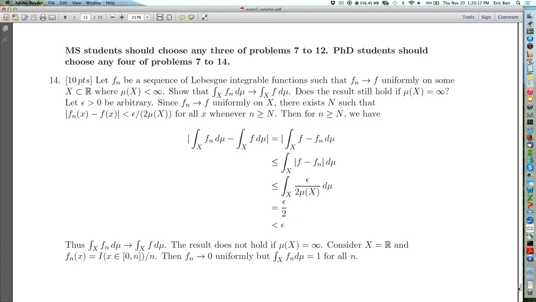If you want something that has positive measure, you could take some interval union the rationals, for example. That would be a set with positive measure that is not an interval, so you can't just use the proof of this for intervals. So, any questions about this or any other problems on the exam? Okay, well, let me